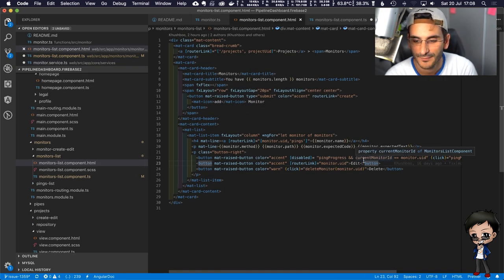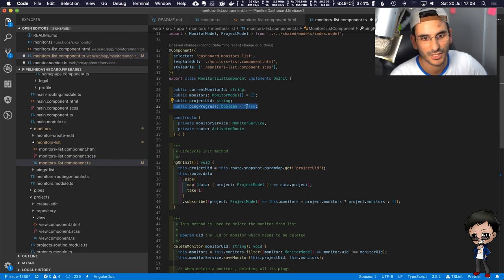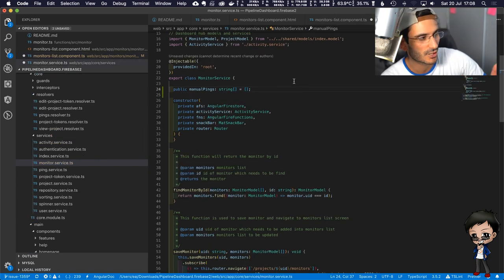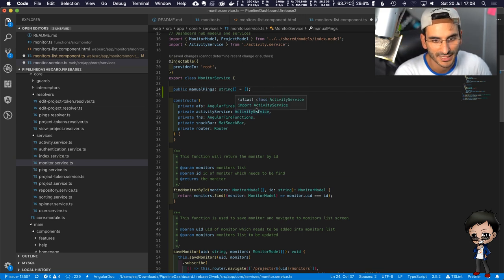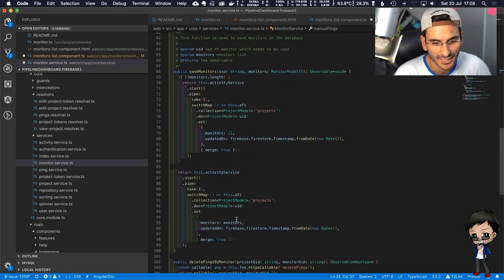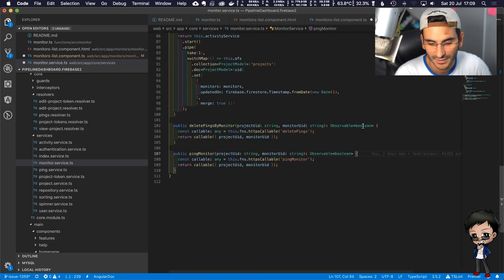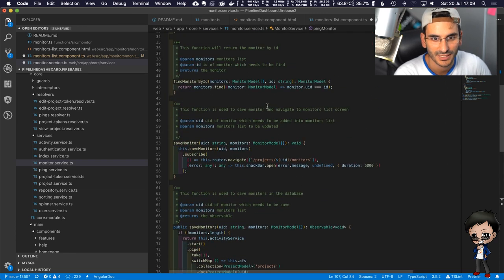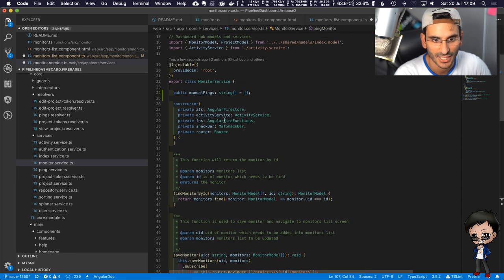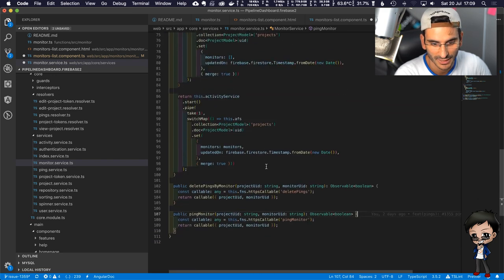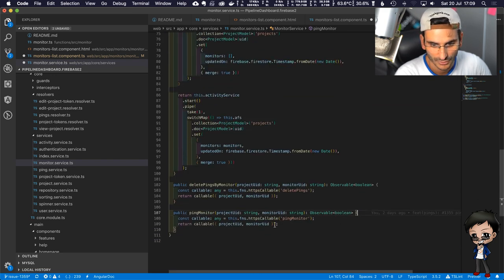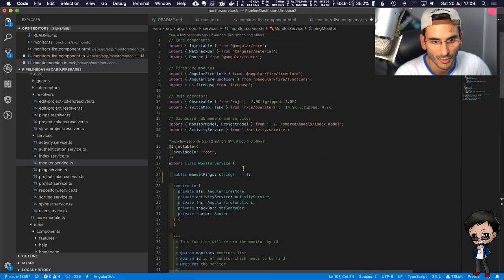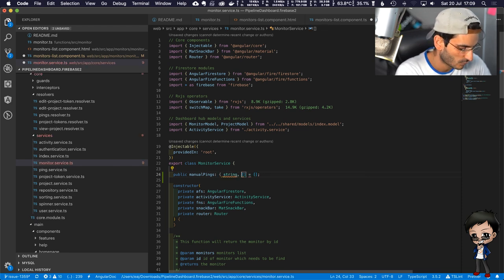I'm trying to think in here. You could always do a function, and it could return true or false. Okay, bear with me. But do jump in the chat if you notice any improvements. So manual pings, a list of IDs that are going. And so what I'm thinking is, each time this does, how do we know it's been 60 seconds? We need a date time. Let me check. Do we have a ping model? Where's the model for pings here? We have one somewhere. Pretty sure we do. We don't. Okay, that's fine. So what I'm thinking is, instead of just storing a string, why don't we store a string with a date?